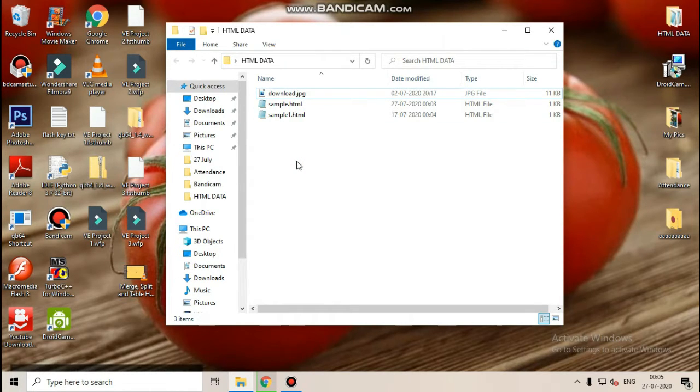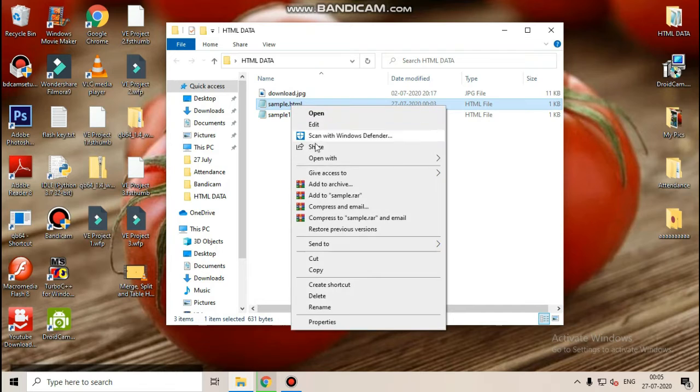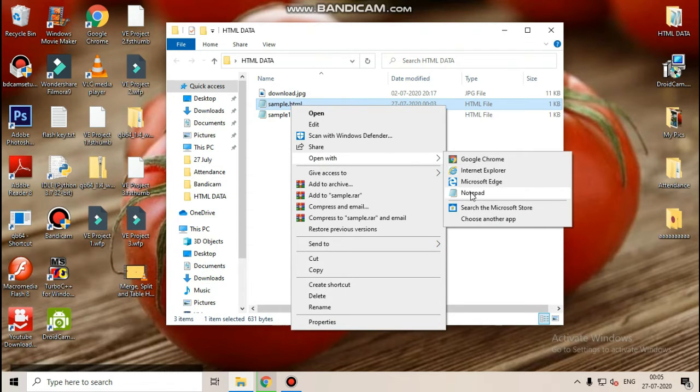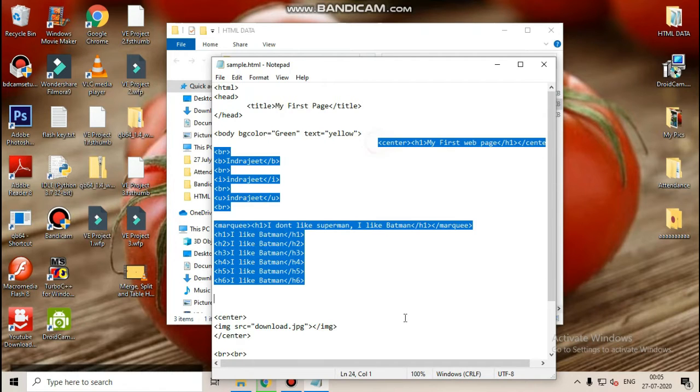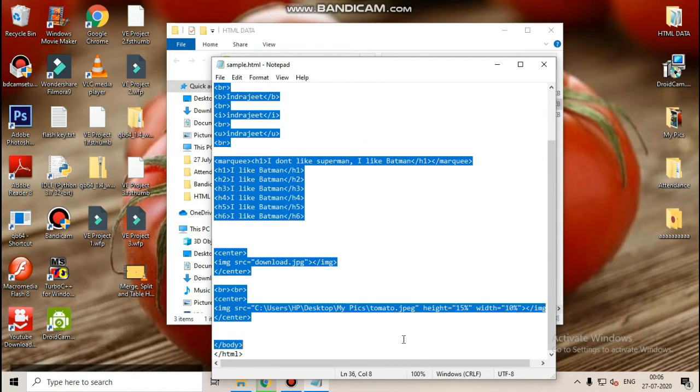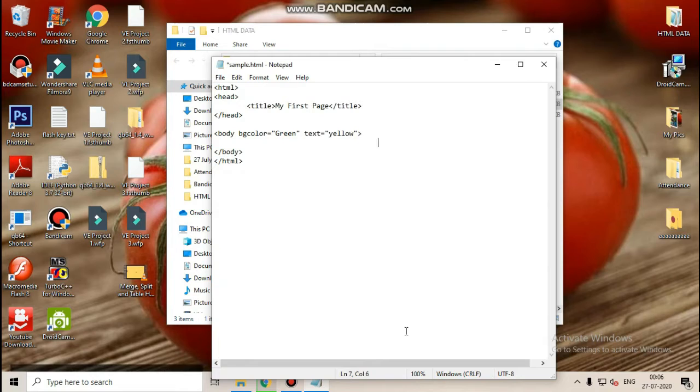Now the second thing, now I'm going to start coding. So two things are here. Suppose I want to open it for adding coding, so I will open it in Notepad like this. Here I can do the coding according to my need. I can remove all those things. See, I have only one line.